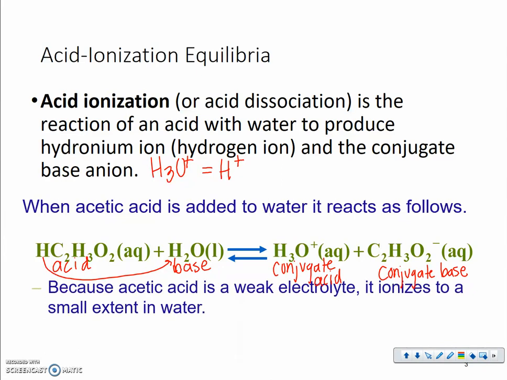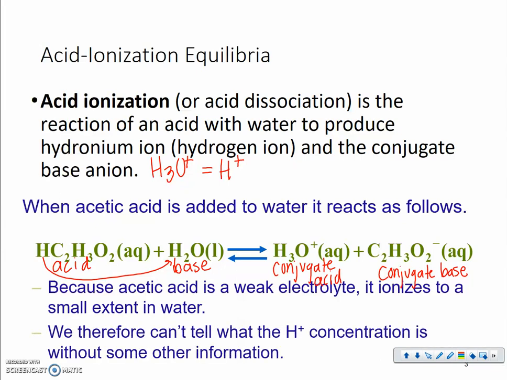So the weaker the acid is, the smaller and smaller it ionizes. Now, one thing we want to simply measure for most acidic solutions is the pH. So in order to measure the pH, we have to know the concentration of your hydronium ions. And in this case, we don't know what that concentration is because we don't know how much of the acid actually dissociates. It's going to be a small amount. It's not going to be all of it. So we have to first determine this concentration using other methods,